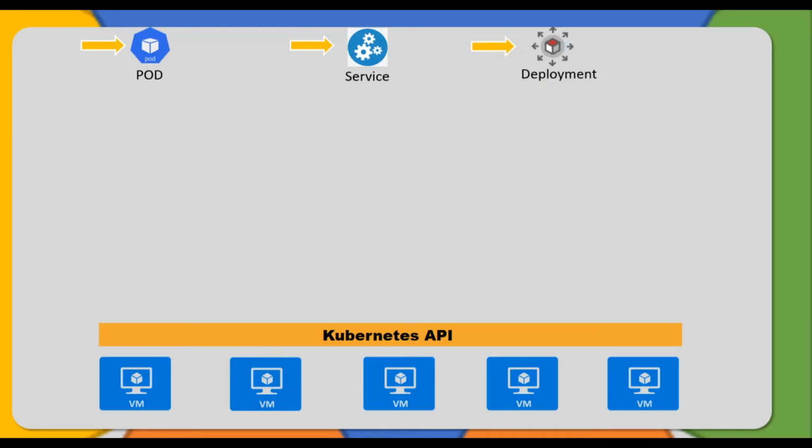In a deployment, you can describe a desired state, and the deployment controller changes the actual state to the desired state. When we deploy any application on the pods, we provide a desired state configuration. The desired state is how many replicas we need, which port should be open, and which image should be used. These are the desired state we provide.